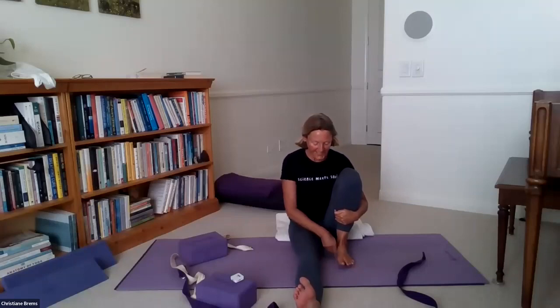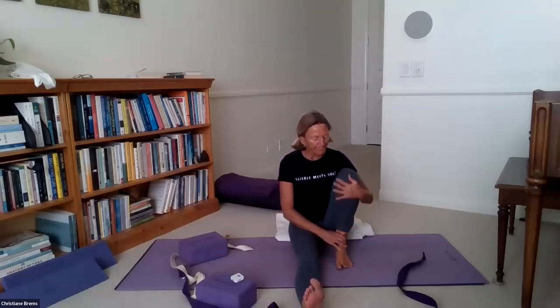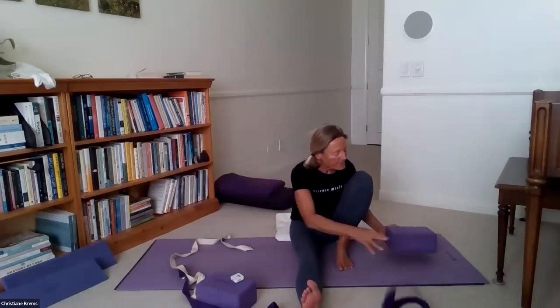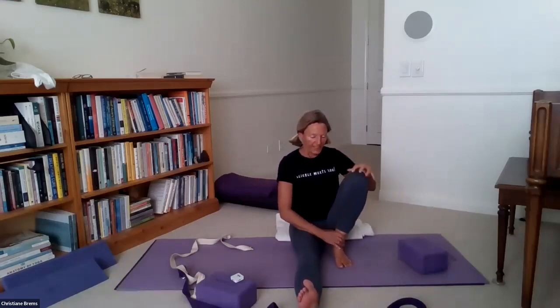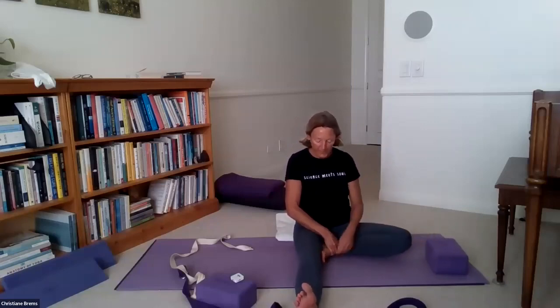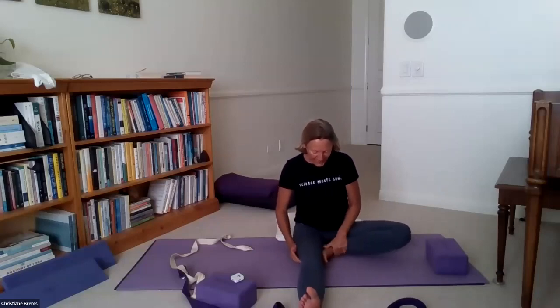Having a gap between the inside of the left foot and the inside of the right thigh. And then hold onto your knee, have your block handy in case you need it on this side. And then when you feel ready, with integrity in the knee, with integrity in the spine, turn the right knee out, plant the bottom of the left knee out, ground the bottom of the left foot to the inside of the right thigh. Notice what you might need in terms of support under the right knee